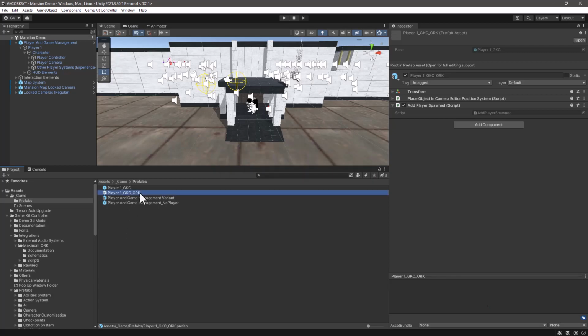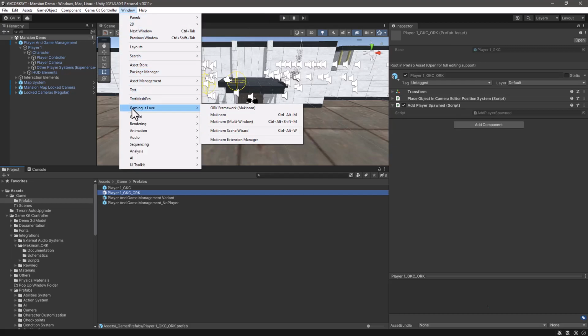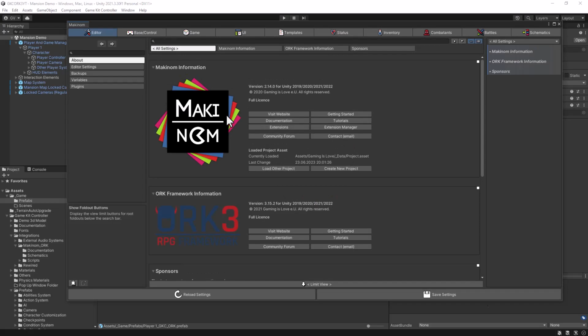Now that we have our prefab ready, we need to start working with the Makin ORK editor. So let's go there. Okay, so let's go to Window, Game is Love, Makin ORK. And what I would like to do here is to, first of all, if you are using version control, click on Game